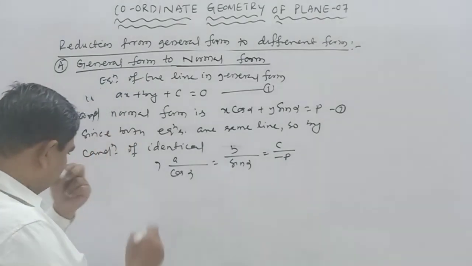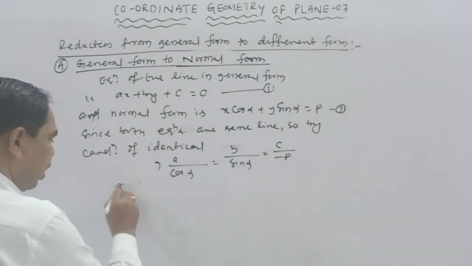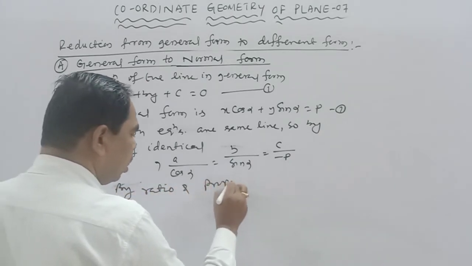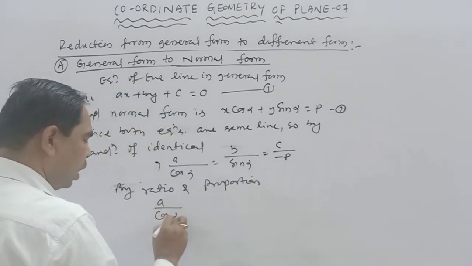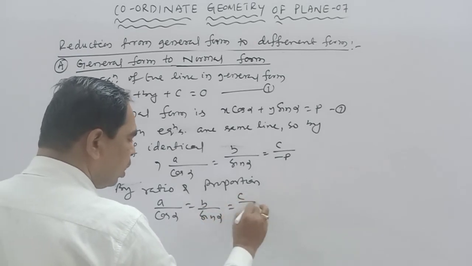Okay, so by ratio and proportion, a by cos alpha is equal to b by sin alpha is equal to c by minus p